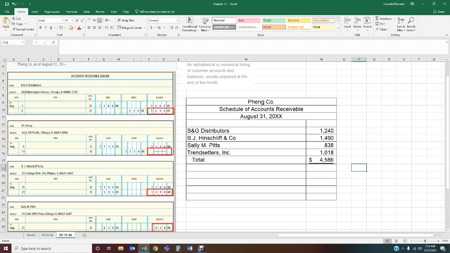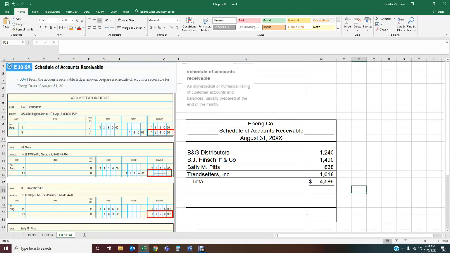Okay, now this amount right there should equal your accounts receivable ledger balance. Your accounts receivable ledger is made up of all of these subsidiary ledgers. So let's say your balance is $4,586. Then you look at your subsidiary ledgers. Well, who owes us that money? Well, BNG distributors, Hinchcliffe, and all of these customers. And then you can look at the detail here. The accounts receivable subsidiary ledgers keep track of the itemized transactions. This report, the schedule of accounts receivable, gives you an overall summary just with the ending balances of